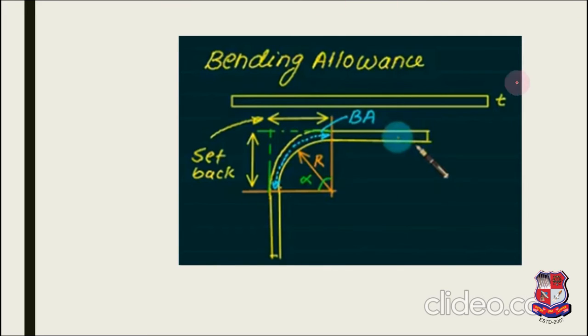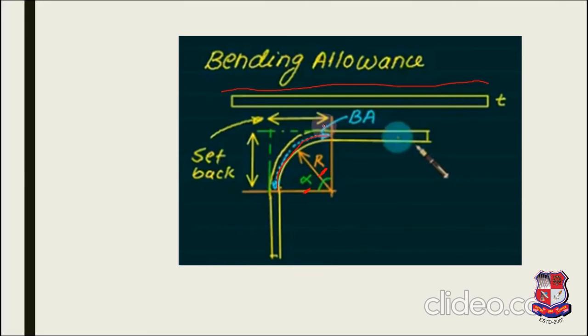This is a sheet metal that was initially straight and flat, having a thickness of small t, and it is bent at a certain angle. Say here it is around 90 degrees. That angle we may call alpha, right? Here I have shown that angle is called alpha, and the inside radius of bending is called r. And the bending allowance, as shown in the figure, is the arc length on this neutral axis.